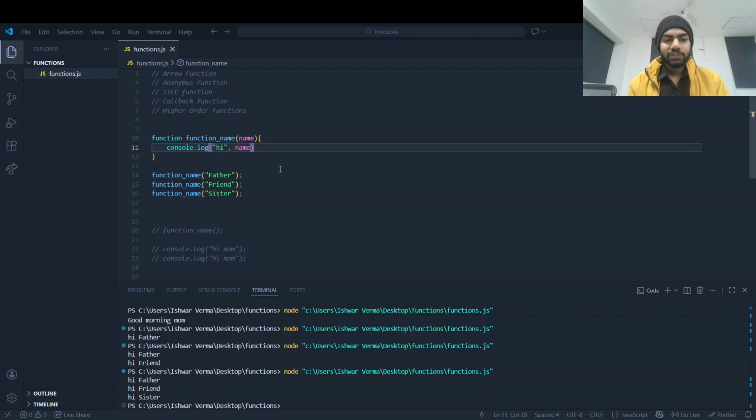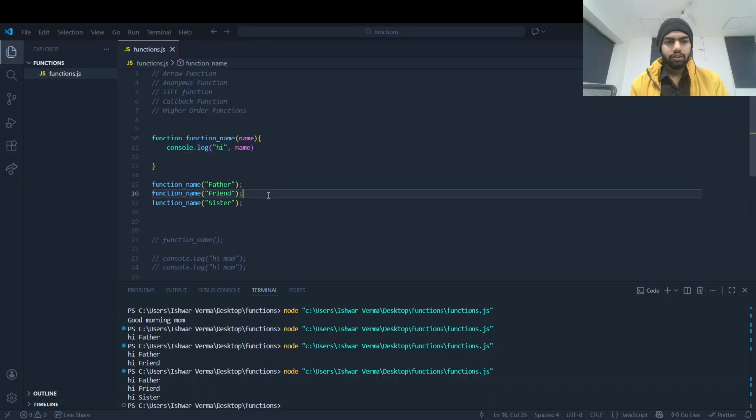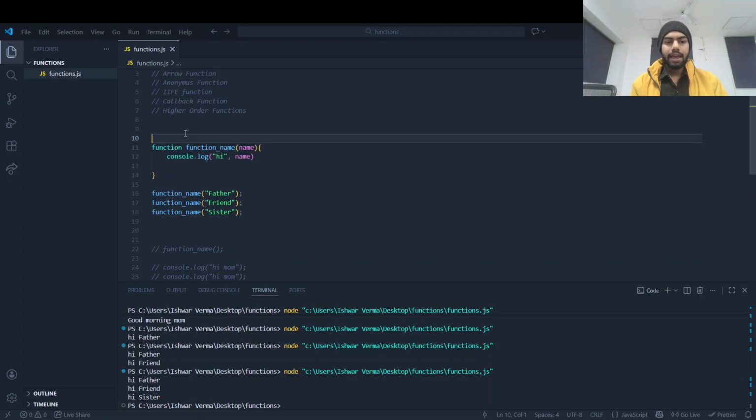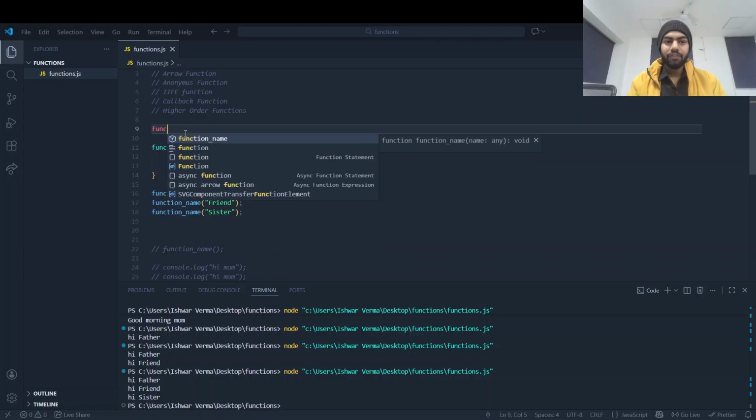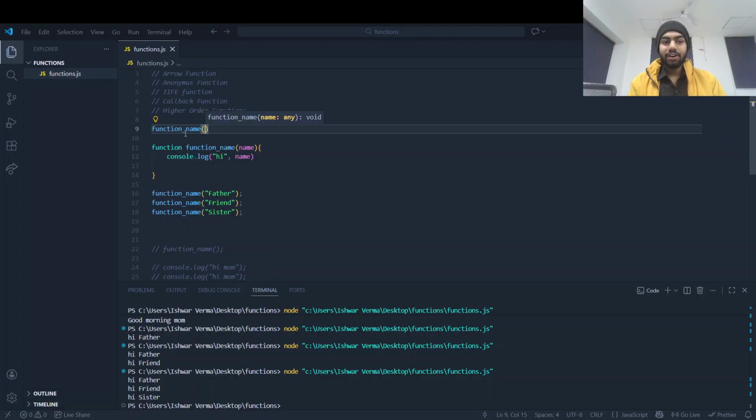Now, we can call this function anywhere in the program. You can see I am calling this function before its declaration, and the magic happens: function name, and then our name, like Ishwar Verma.